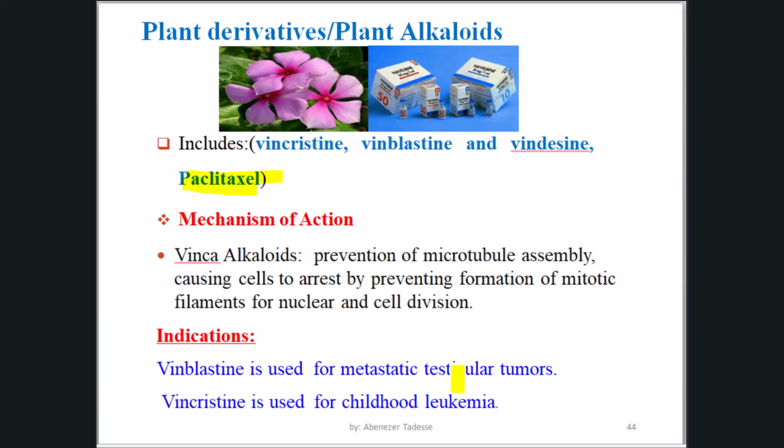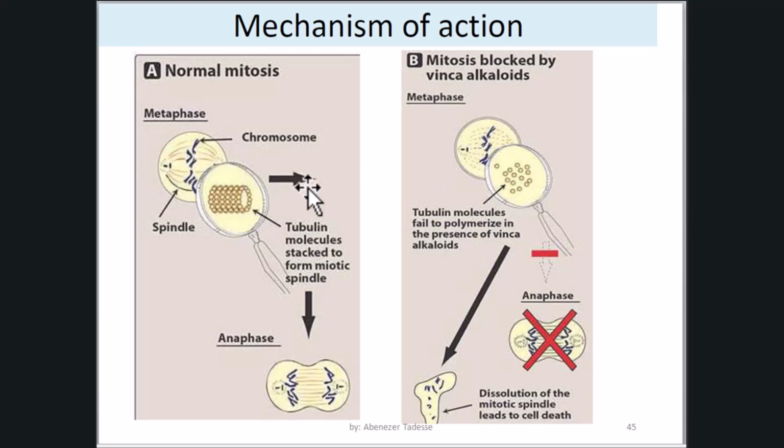But this can result in peripheral neuropathy, because this affects the M phase, so it can affect the axonal transport. So if they affect the axonal transport, they can result in nerve damage, or neuropathy can occur. This is the mechanism. So these alkaloids can affect the transition from the metaphase to the anaphase, as you see on